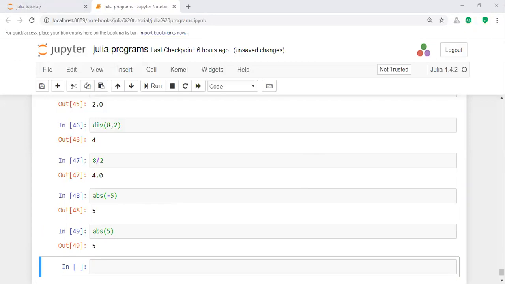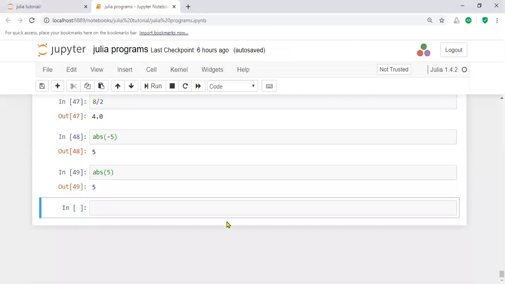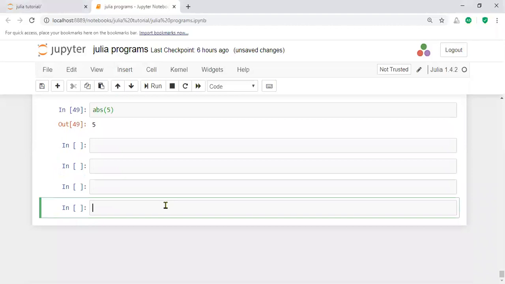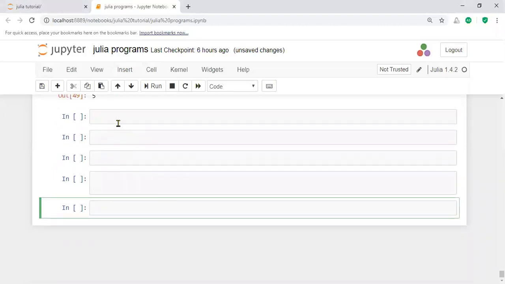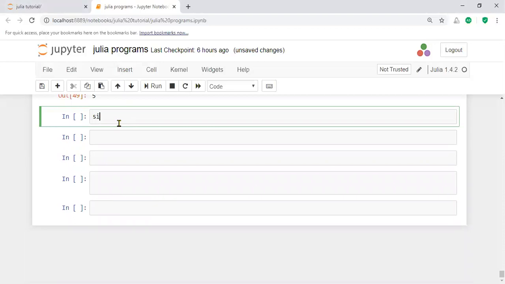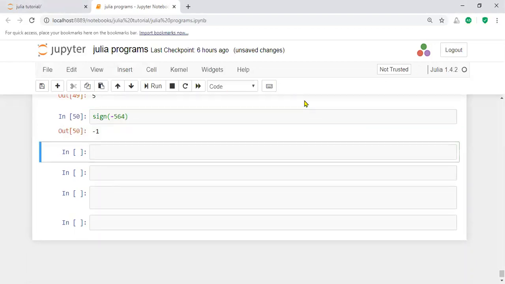And then the sign function. The result of the sign function is minus 1, 0, or plus 1 only. For example, the sign of a negative value gives minus 1. The sign of any positive number produces 1.